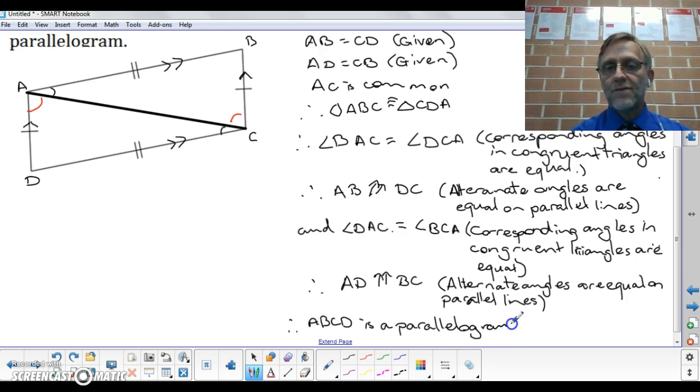I drew a diagram that looked like the edges were the same length. I didn't know the sides were parallel, but by drawing in a diagonal, you can find congruent triangles and use alternate angles to prove